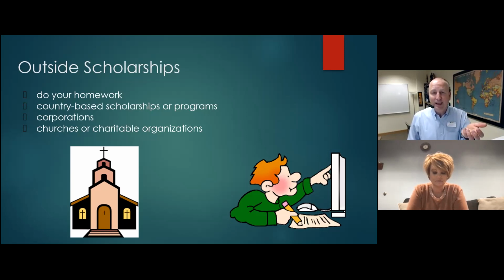It's not bad to hear no. Frequently, you'll find, though, that there are specialized scholarships out there with very low applicants. And so your rate of actually receiving those awards is good. But don't be afraid to hear no on a scholarship application, because there will be some yeses mixed in,